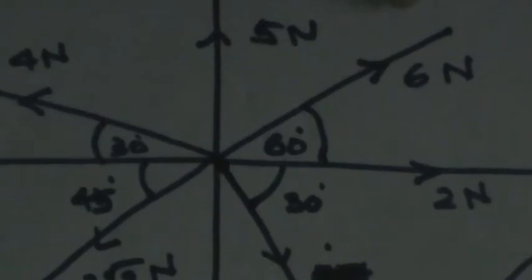Alright, so this 5 Newton force is already along the positive direction, so it will be added. You don't have to decompose it, it's already in the vertical direction. For this force of 4 newtons, the angle is 30 degrees, and you have to decompose it along the vertical direction. So this will be 4 sine 30, sine 30 is equal to half, and 4 sine 30 is 2. So this is along the positive direction, so you have to add 2 here.